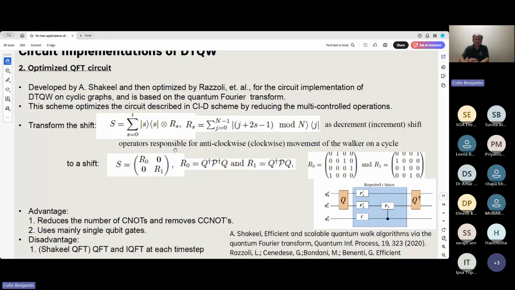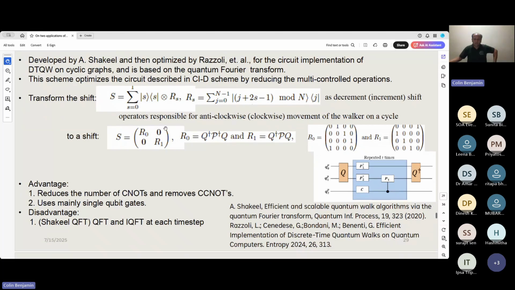What they did was to optimize it. They only used it at the beginning of the process and at the end. So not at each time step, but at the beginning of the process and at the end, while Shakil used more quantum Fourier transform and inverse quantum Fourier transform gates. So that was a major improvement on how to implement cyclic quantum walks on quantum computers. And if you want to read more about it, you can read these 2